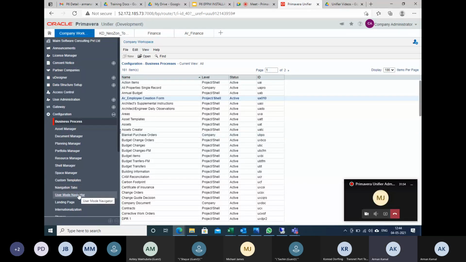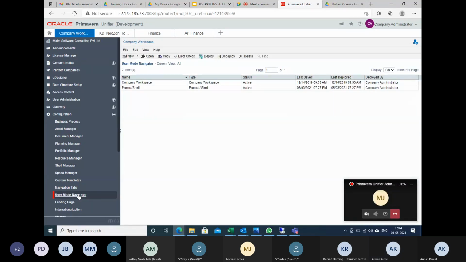There is a user mode navigator. This navigation functionality will help you to redesign your orientation and placement of different folders. You can see there are two types of tabs provided here: standard tab, company workspace, and project and shell. This is what we learned till now.